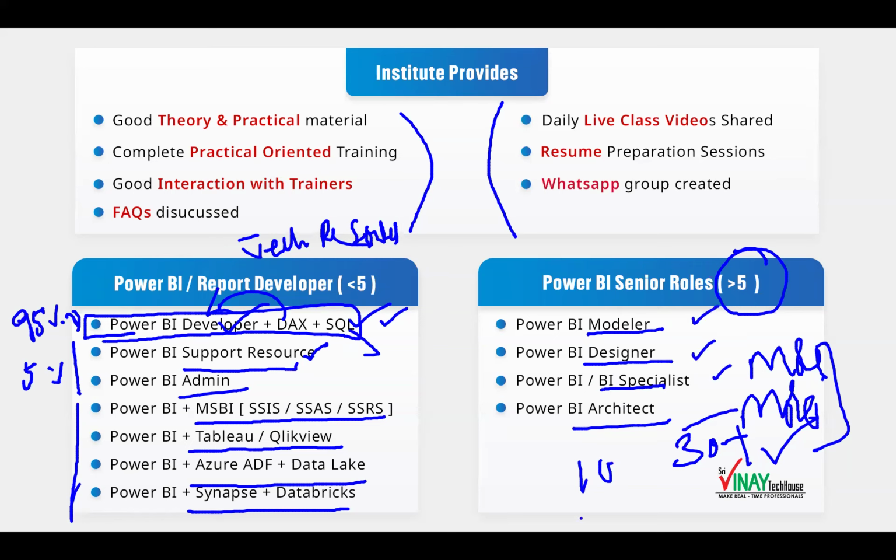But minimum experience, if you want to try, 8 years. 5 plus is possible, but few, minimum 8 in these roles. But this training is not suitable for that, because training is suitable technically to develop, but designing and modeling will come along with your experience. When you work in a project, 1 or 2 projects end to end, then only you get this knowledge. Otherwise, you will not get. Got clarity? Right. So technically what you can try,